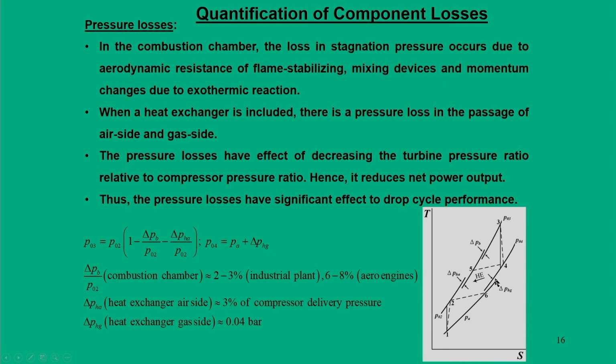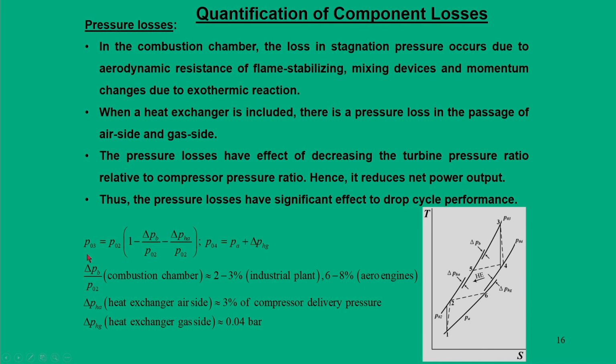In the process, there are pressure losses in the passage on the air side and gas side, there is a drop in the pressure, and we say delta Pb, and at the same time we have the pressure loss that is accounted due to the air side and due to the gas side. So, in the process, instead of landing in this way, we take the pressure losses into account, and the TS diagram slightly changes by taking these pressure losses.